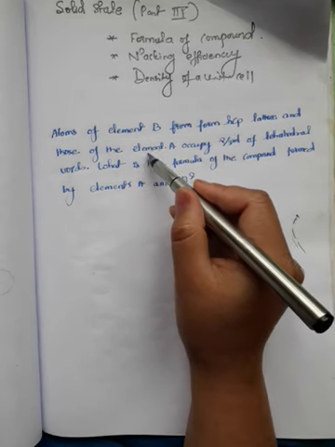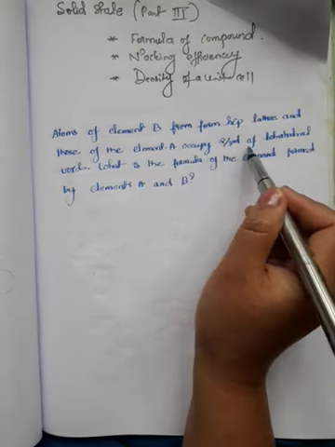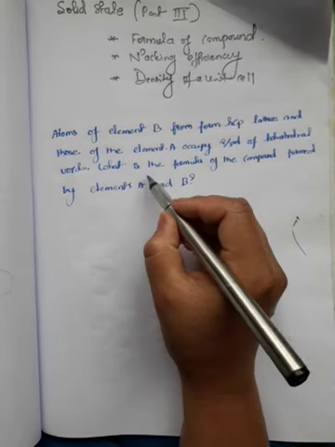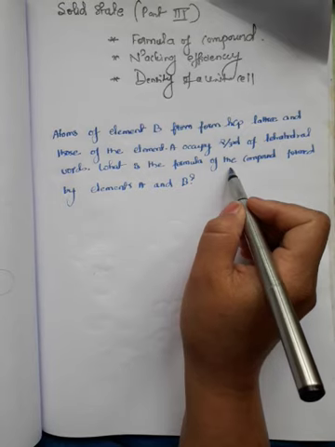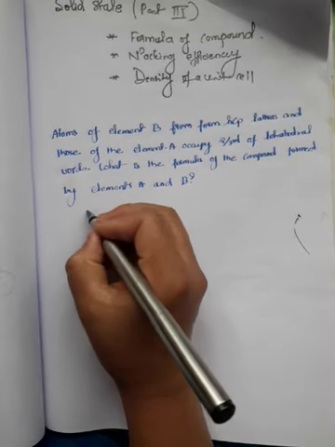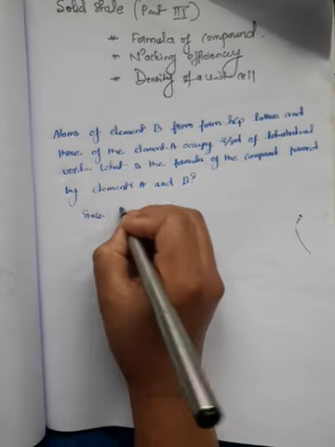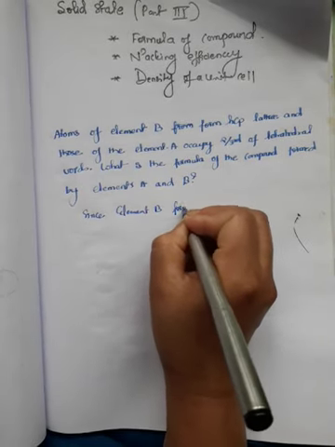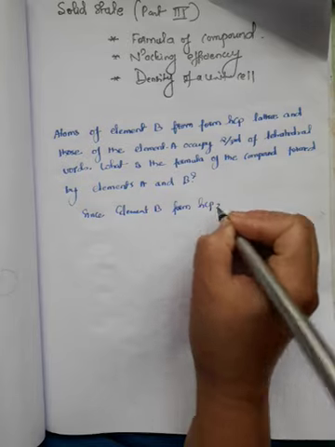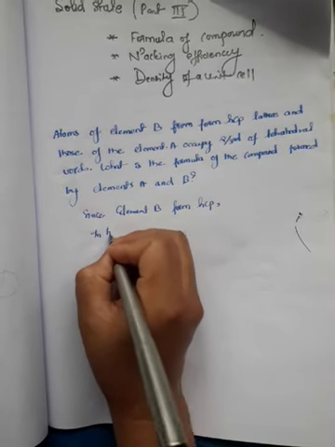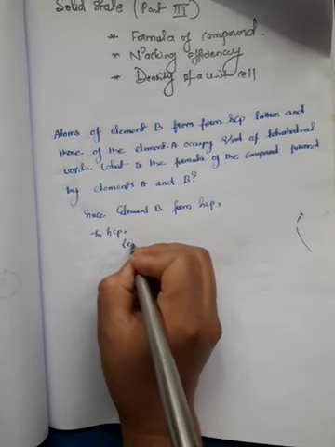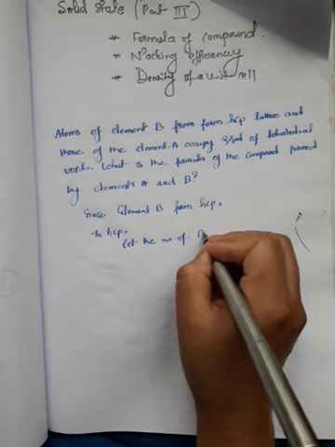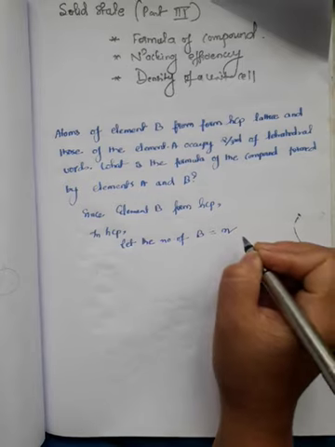And the element A occupies 2/3 of the tetrahedral voids, and from this information you need to find out the formula of the compound. Now, since element B forms HCP,